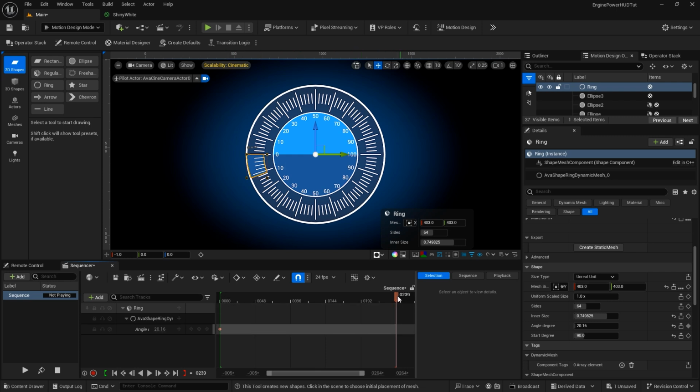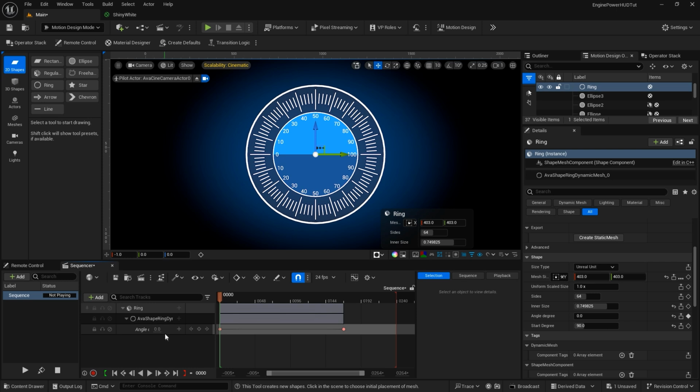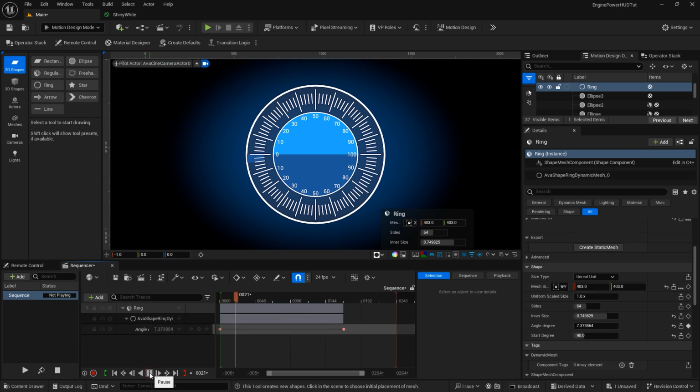I need to do a little bit more work to this animation. So I'll bring the timeline indicator to around 168. That should be about 7 seconds. And let's go ahead and increase that angle up a good bit, just somewhere in there. That sets the second keyframe. I am going to jump back to that first keyframe, or the very beginning of the timeline, and set that to 0. And so now we have this first animation so that we can at least watch it increase from 0 up to